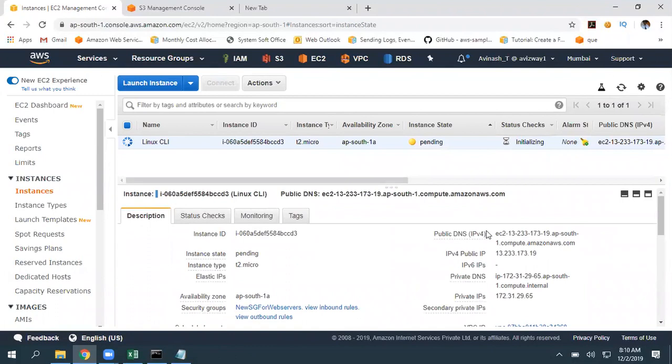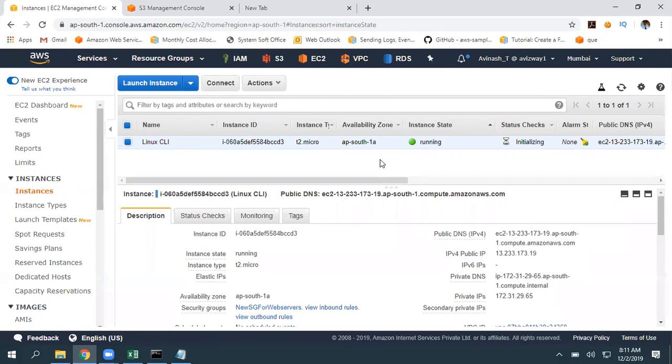So once the instance is provisioned, just get connected to it. Now I have a question. This instance is running in the AWS environment, right? I have some S3 buckets also in this environment. Can we access the data? So I have a server in my AWS environment, and in the same AWS environment I have some S3 buckets also. So can the server directly access the data?